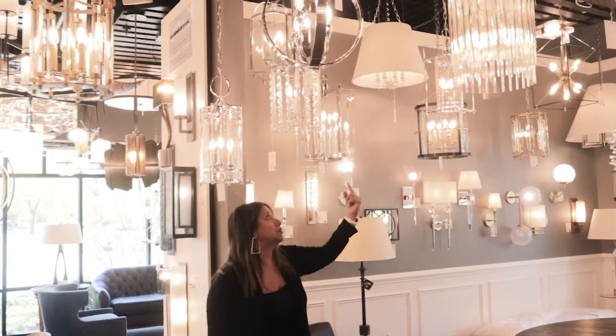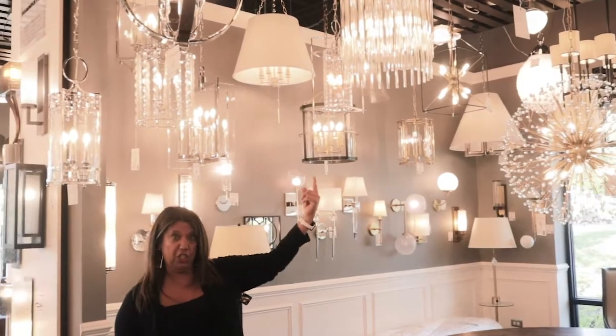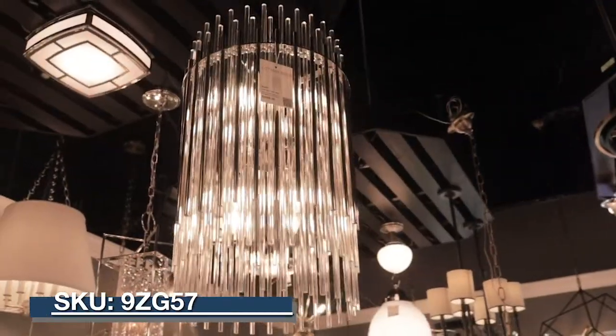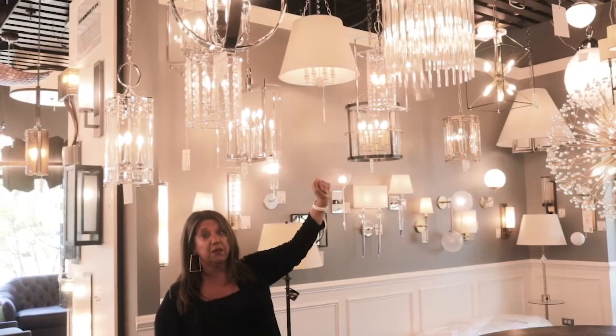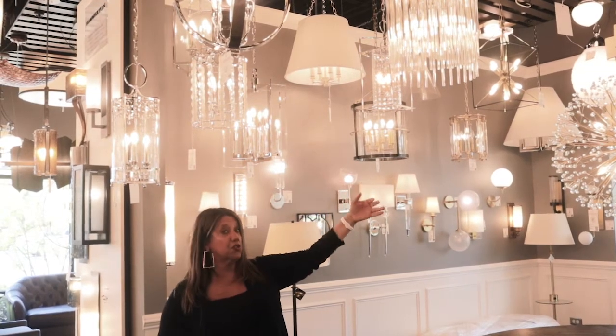Here's another gorgeous style. This is more of a formal kitchen. Comes in different heights, so don't let the height scare you because it comes in 3 different heights. It comes in gold and it comes in polished nickel as we're showcasing, and 2 over a larger island would